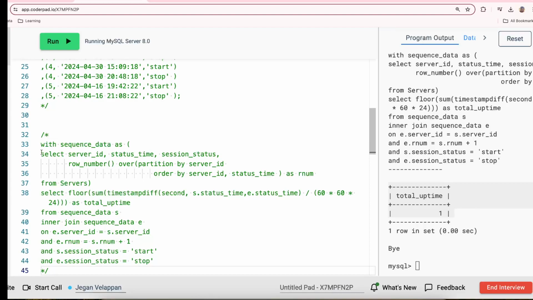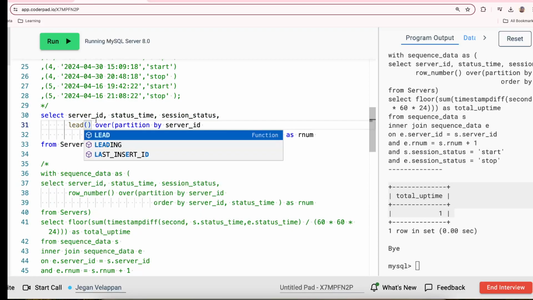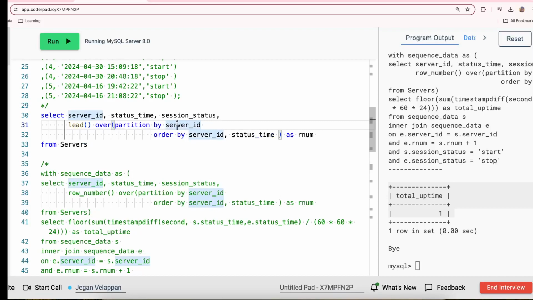We can create the same thing with the window function here. Instead of row number, I will just say lead. The partition is going to be the server ID, and the order by server ID and status time. In this way, you can get the required data, the status time, and say how many records you have to skip, so go for the next record. So lead says you go with the same server ID and then the order status, and then you get the lead function for the